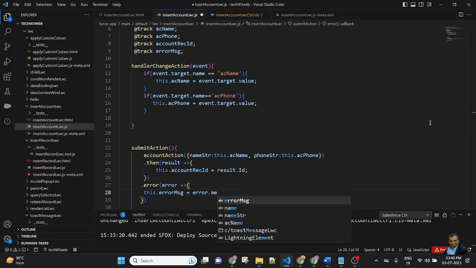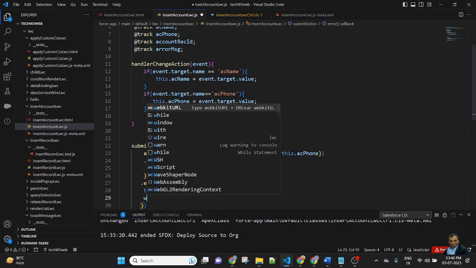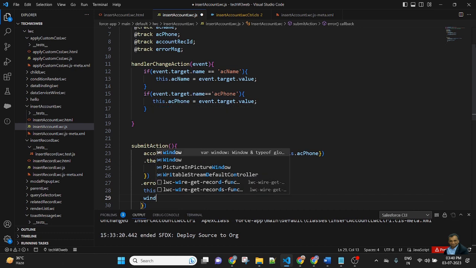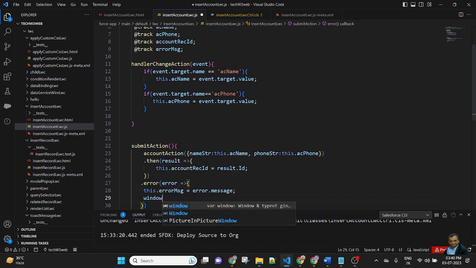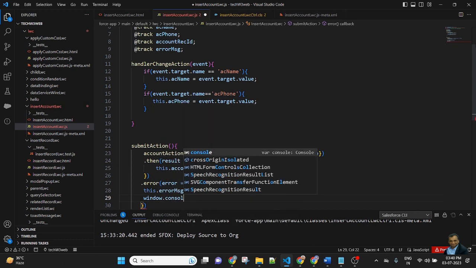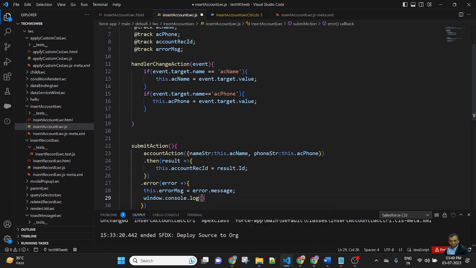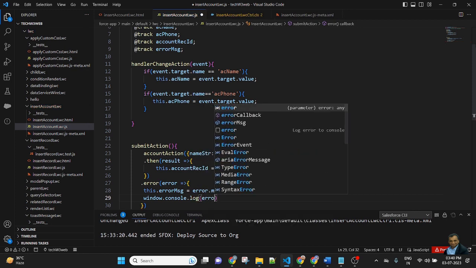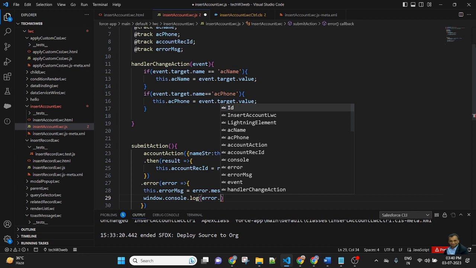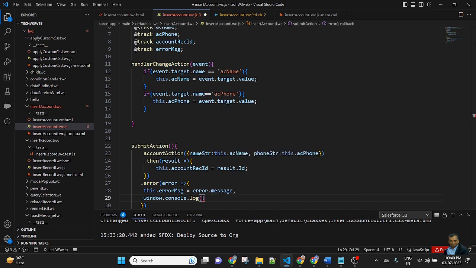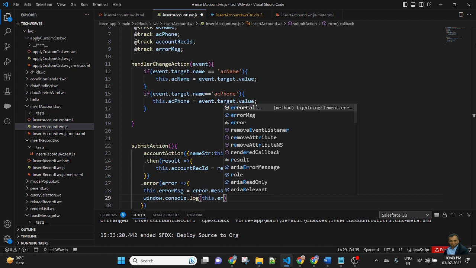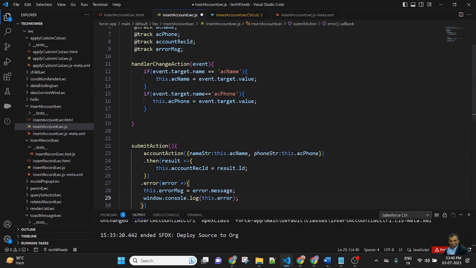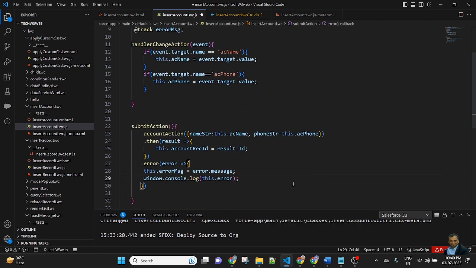Error dot message, and then window dot console dot log, this dot error. So I will get the error in the console in the browser.